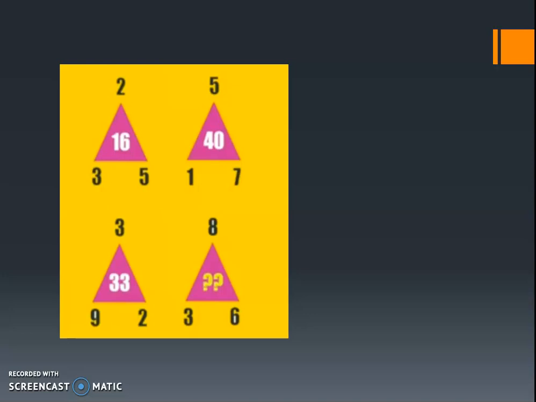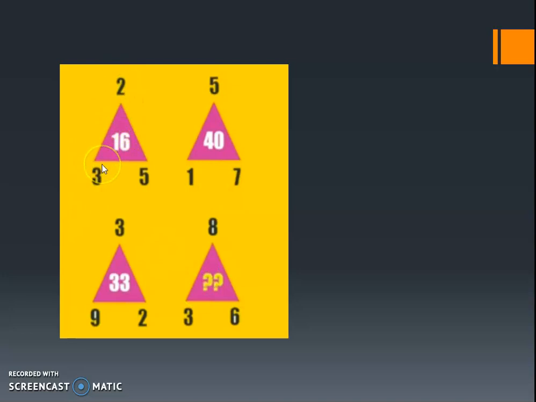In the first video we saw that first we did the multiplication, then we did the addition, then we added the answers of both, right? So likewise, you have to check whether it is coming the same or not. Once you identify which one gives you the answer, you can continue checking for the second one. After checking that, you can identify the result for the last triangle, that means the fourth triangle. Is it clear?